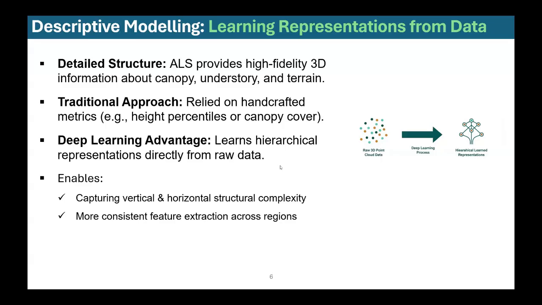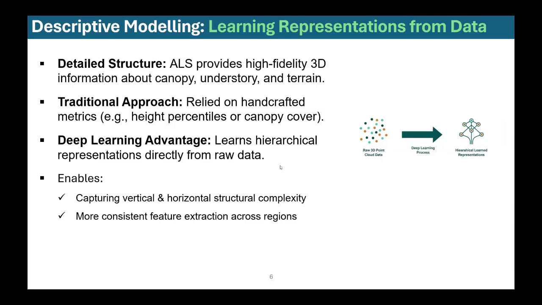It learns hierarchical feature representations directly from the raw data. This means that the model can capture nonlinear patterns in both vertical and horizontal complexity that are incredibly difficult to define by hand. For EFI, this results in more consistent